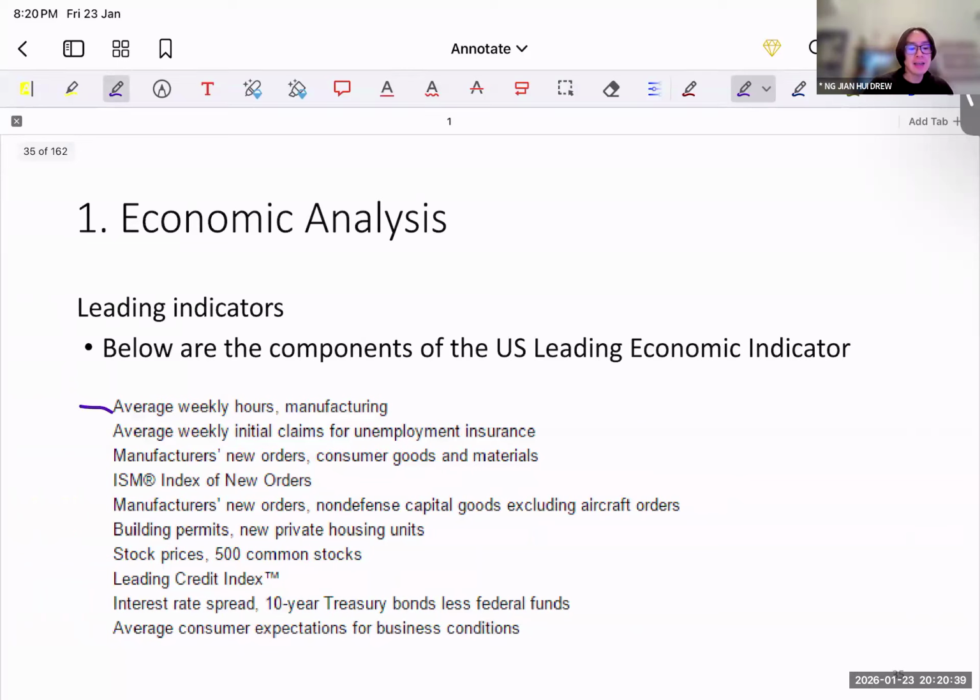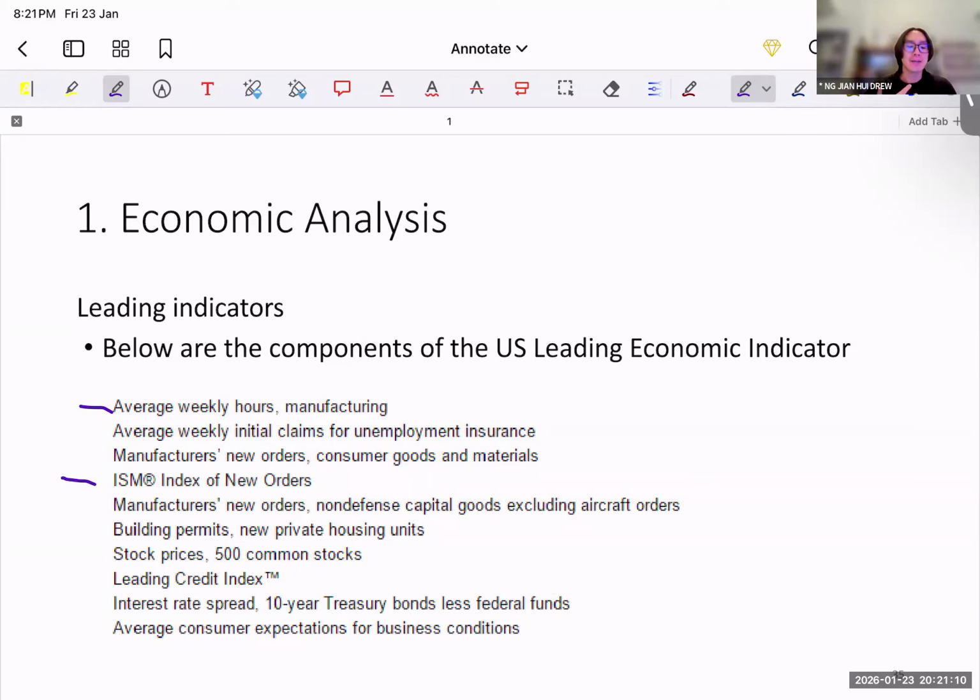Maybe another leading indicator could be new orders. It's quite common for shipping companies, sorry, shipbuilding companies, to typically announce their new order books. So what's this? New order books is basically they publish in their annual report to say that, you know what, we have 500 new orders for the next 2 years, right?